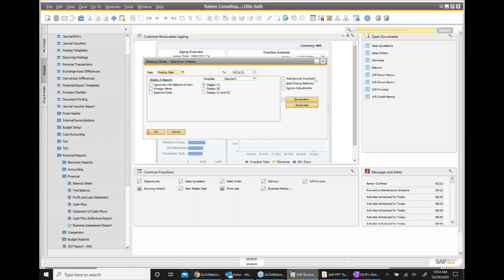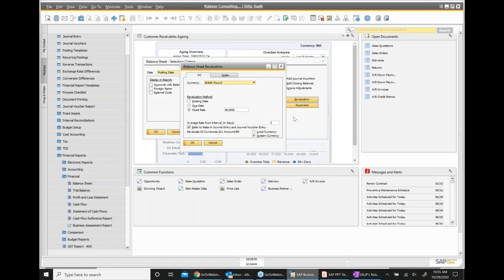Do you want to include your vouchers? If you have some vouchers you want to include, you can do it. Do you want to add your opening balances? Do you want to ignore any adjustment accounts if you have? Revaluation. That basically means if you want to do the revaluation in terms of some kind of a